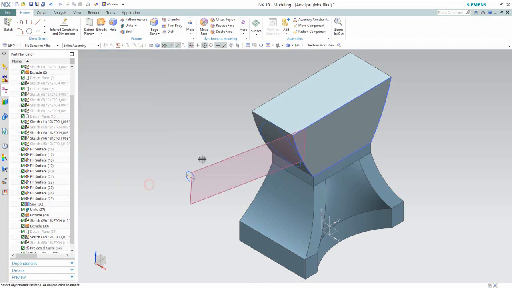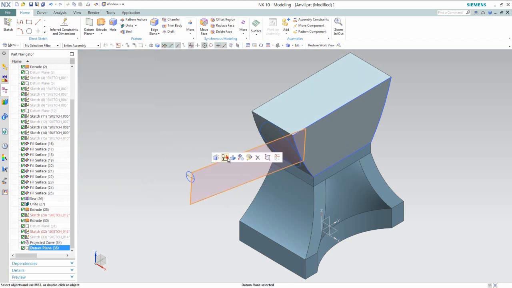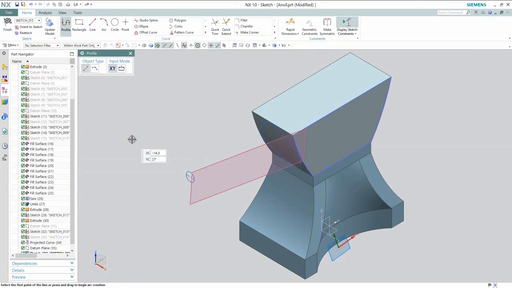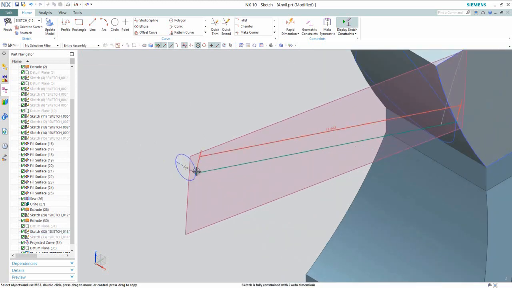Create a new sketch on this plane. And start the line from this point. Drag the line from this point.